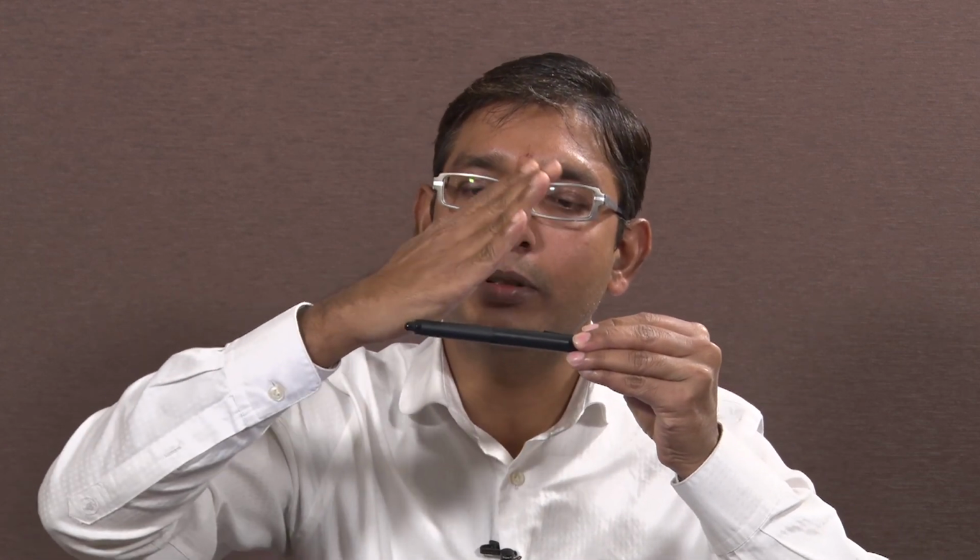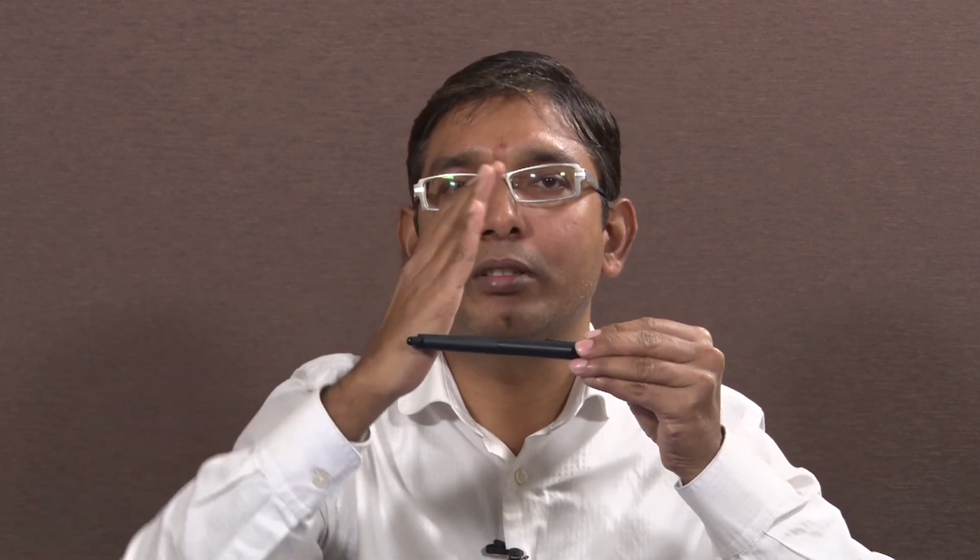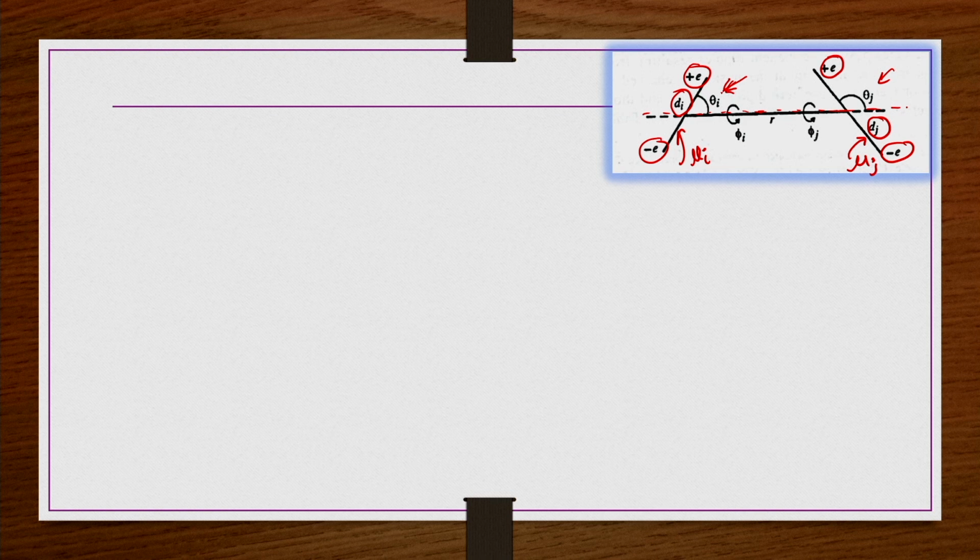So, at this end one dipole moment, at this end another dipole moment is there. This dipole moment may be rotating here and there, like this or like this; different orientations are possible. So, there is an angle between this horizontal line and the orientation of this particular dipole. Like that, the other dipole also has different orientations. These angles, let us say phi i, phi j, show how they are rotating along the same horizontal line.